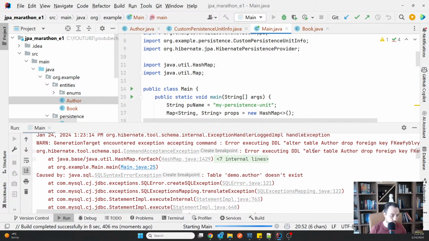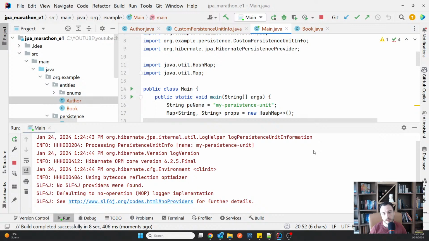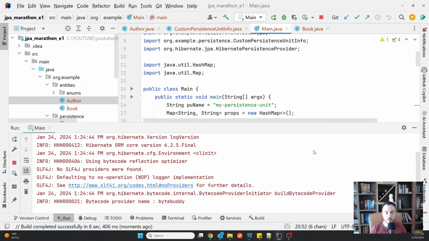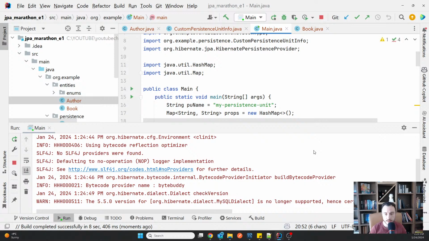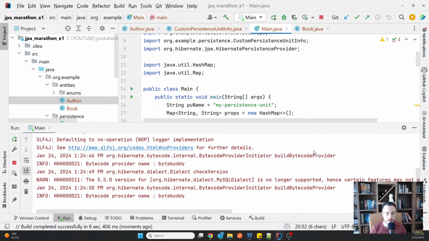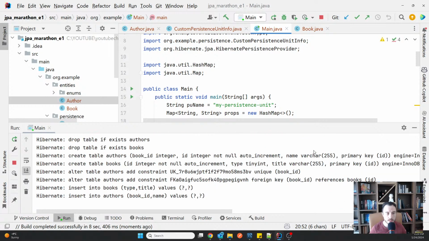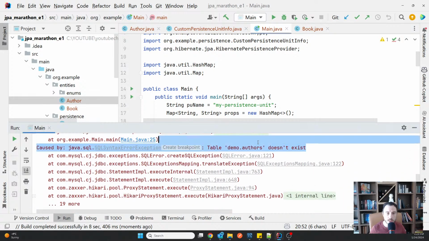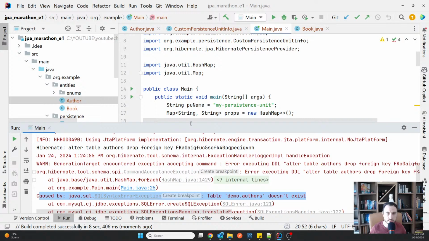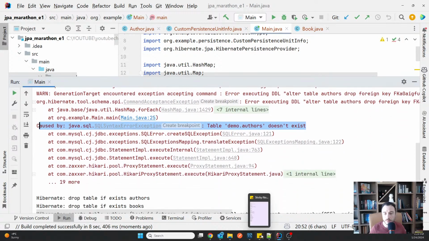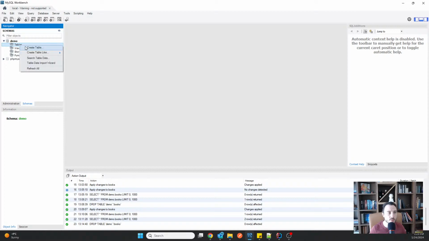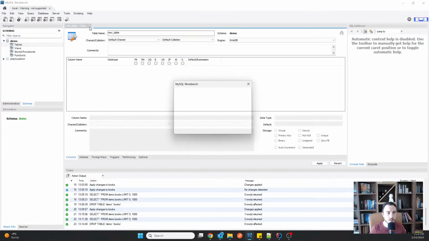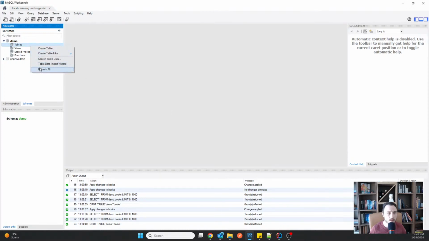So third try, hopefully lucky. And we will also be able to observe the names, the DDLs, the queries. Okay, here it is. So we have some drops. I'm not sure what this is actually. Okay, try to drop a table that doesn't exist. Makes sense, because I've changed the name, so it tried to drop it, but it didn't exist. Let me actually make sure that it generated. Oh, not create, sorry, refresh was the thing I wanted to do. Okay, authors, books, makes sense.